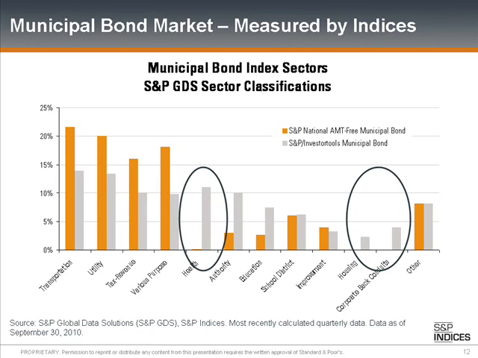But we can see, using this graphic, that transportation, utility, tax revenue, and various purpose general obligation bonds make up a large percentage of the bonds in the investable S&P National AMT Free Municipal Bond Index, while the broader benchmark index, the S&P Investor Tools Municipal Index, has more of an equal weighting of sectors going across. The sectors that it does include are those sectors that have the majority of defaults. That includes healthcare, housing, and conduits, where the S&P National has excluded those sectors from the index entirely.